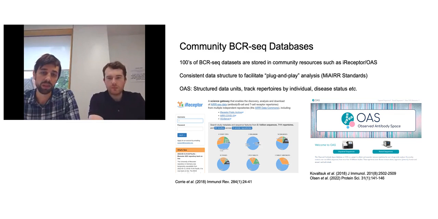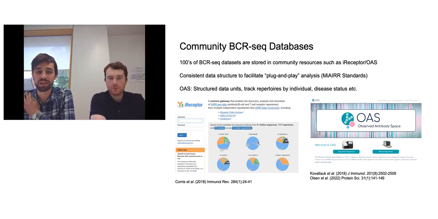And what's nice is the efforts of the AIRR community to create a consistent format for analyses of these repertoires in a more plug and play fashion, where you know that if you have a repertoire in the database, it will have certain properties available for you to probe in analysis. In particular, in our tool OAS, we have cleaned and translated all the nucleotides over to amino acids, and preserve this data, so you can track repertoires by individuals, disease states, ages, and time points.